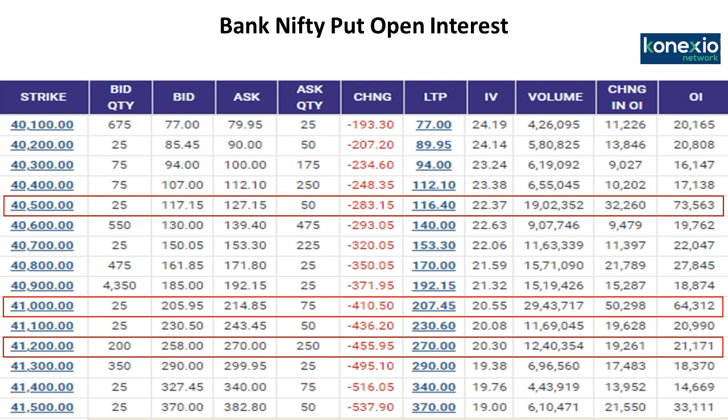So again, at the lower strike prices, in the out of the money strike prices in the Bank Nifty puts, smart money has already started writing heavily. So this might propel Bank Nifty on the upside from the current levels. But looking at this implied volatility, a minor cool off or a minor correction cannot be ruled out. But that correction should be used as a buying opportunity at the lower levels.